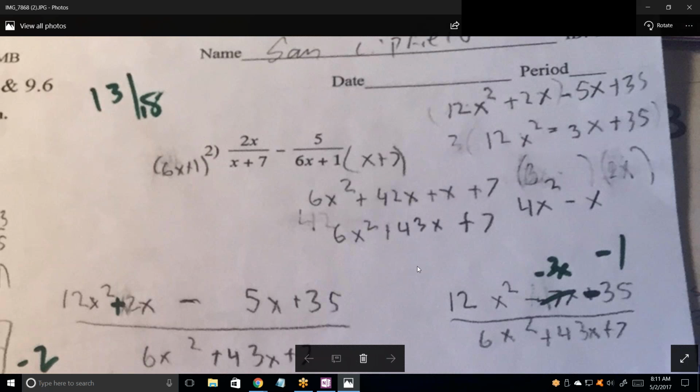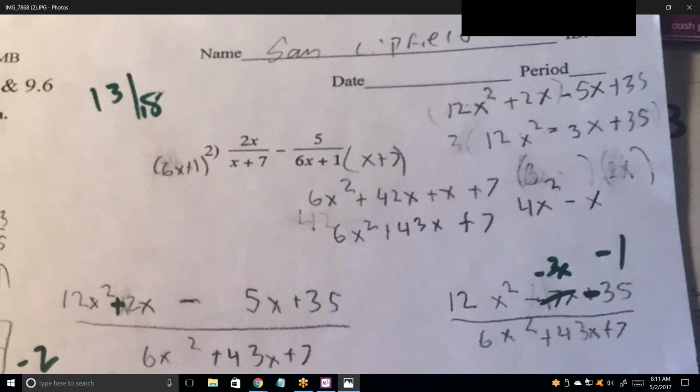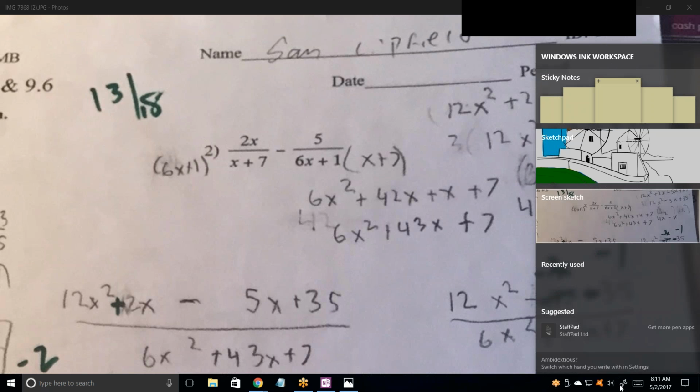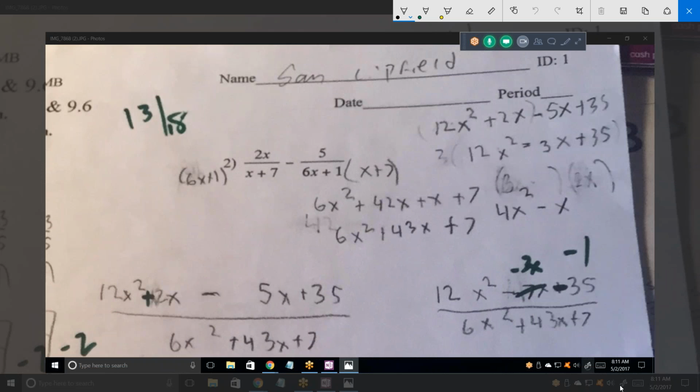Okay, well, let's go through it then, which means I need to take a picture of it and be able to write on it. All right, so here's the way I do it, and I highly recommend you do it this way. And down here, you write your least common denominator, which is